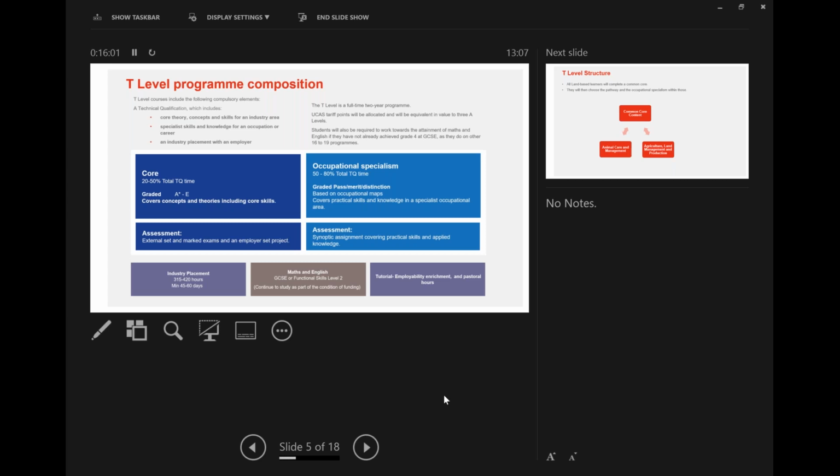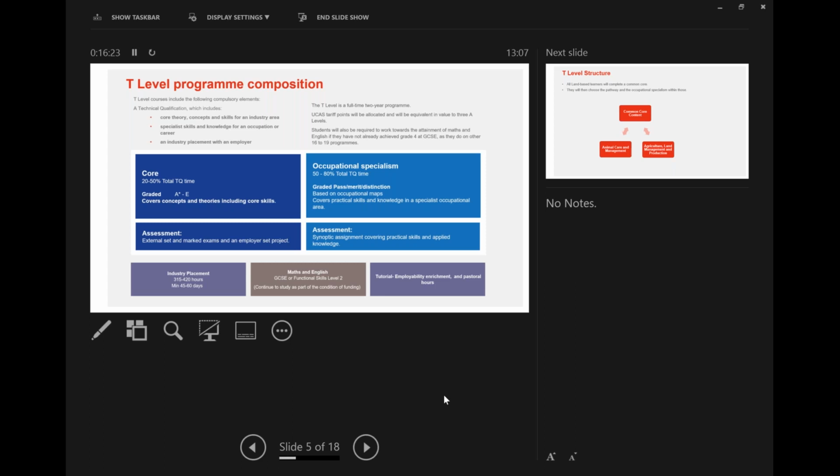Alongside that is the industry placement, which is a minimum of 315 hours, which is around 45 days, but it can be longer. That will take place at a single industry placement or a maximum of 2 placements, but no more than 2.